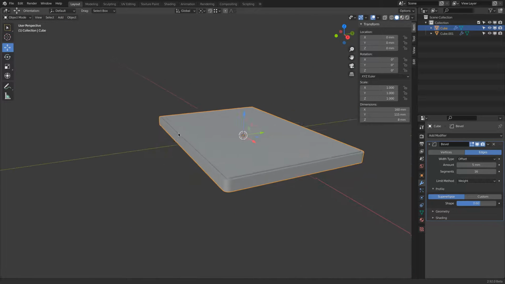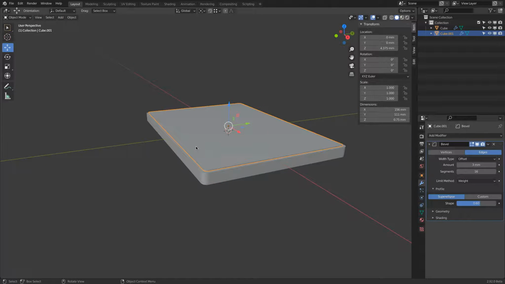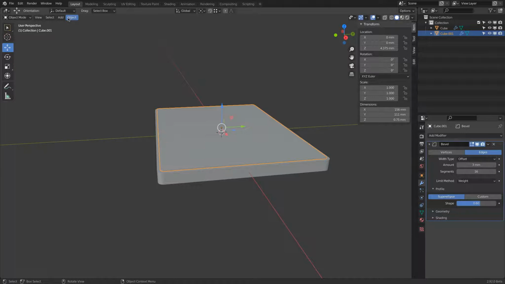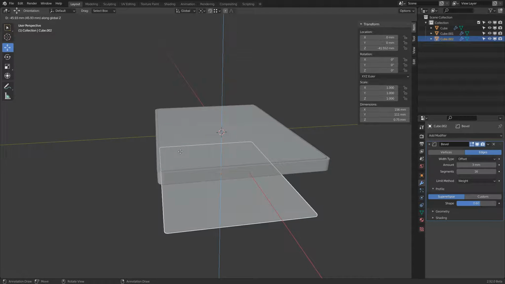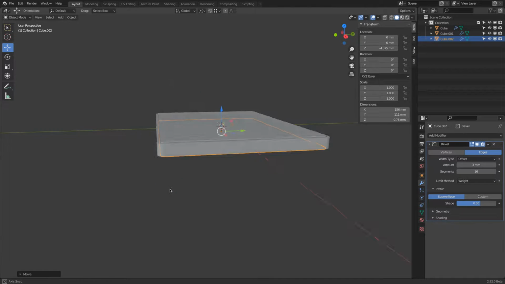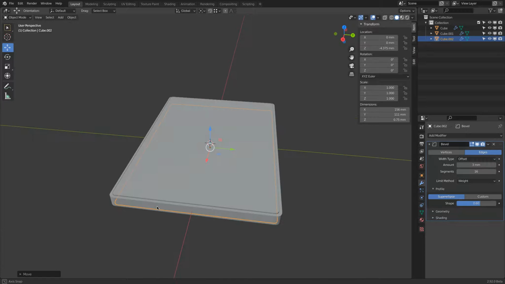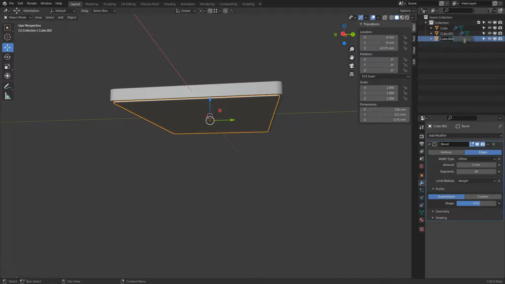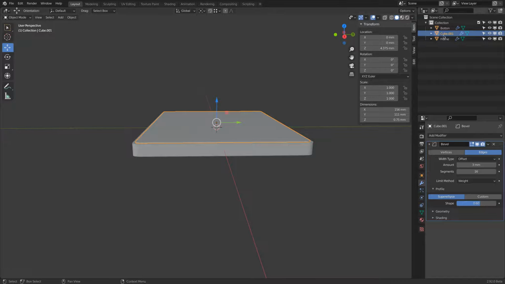Okay, so with this done, we can make a copy. I will now use the key shortcuts, so Shift D and Z, move this down, click, then G and Z, so G for grab, Z for the Z axis, hold Control and snap it back to the bottom. Pretty cool. I can call this bottom frame,